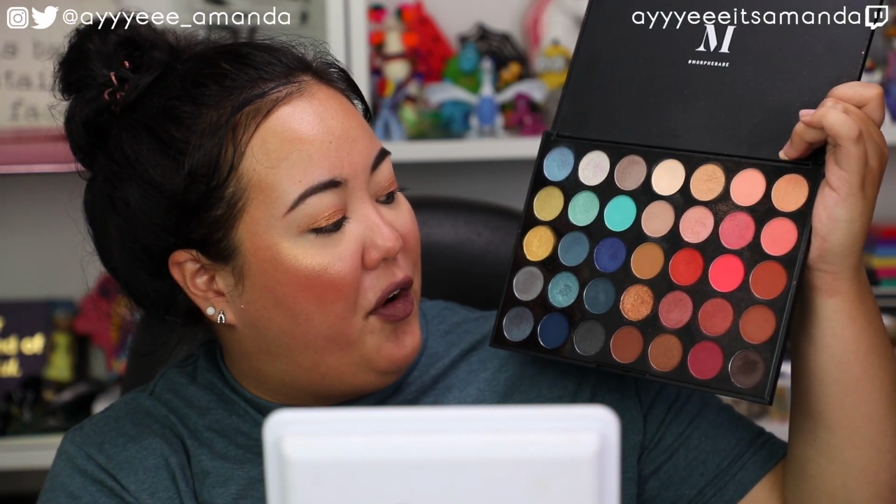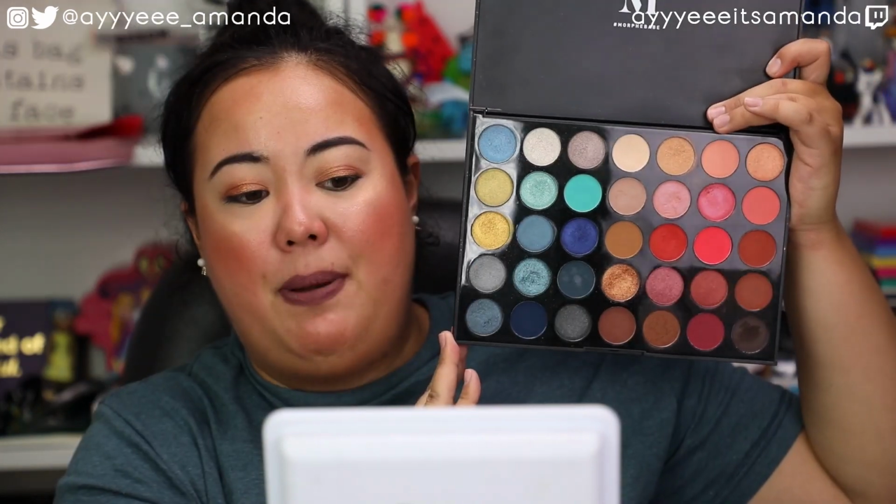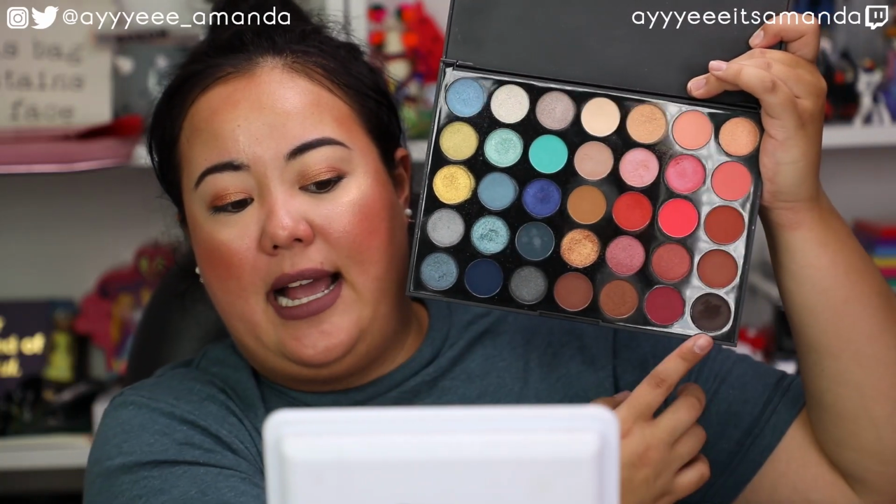The e.l.f. Camo Concealer functioned really well as a typical concealer as well as a primer for the eyelids. And if I wanted to do a little bit more concealing, I definitely could have. Also maybe gotten away putting this all over my face. Maybe there could have been a powder in the 35H palette that could have set the concealer. I did not explore that option. I usually use this shade to set the base. That might be a little too much for my skin tone, but this palette definitely functioned well as an eyeliner